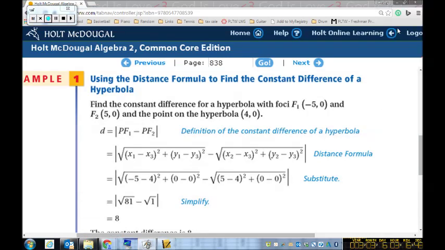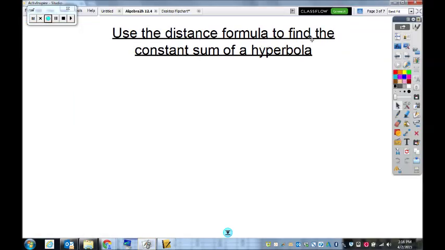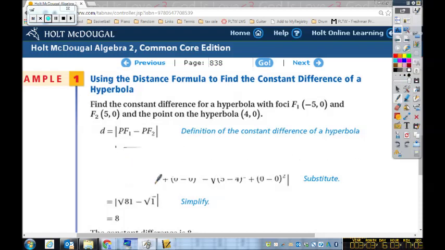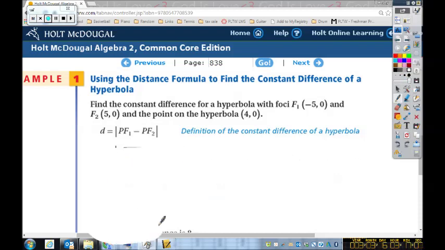Oops, let me go back to the heading. We're using the distance formula to find the constant sum of a hyperbola, just like we did with ellipses. Now, when I did this with ellipses, you'll notice a slight difference in my formula. We're still using the distance formula. The difference is that when I did this with ellipses, I added my two distance formulas, whereas with hyperbolas, I'm